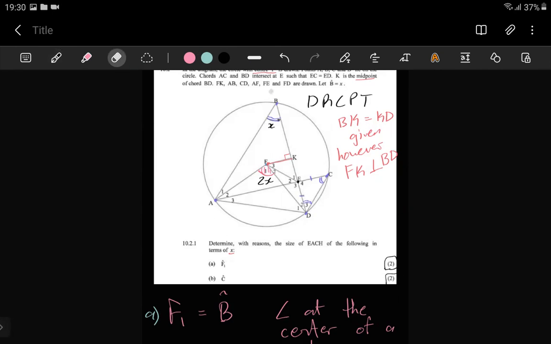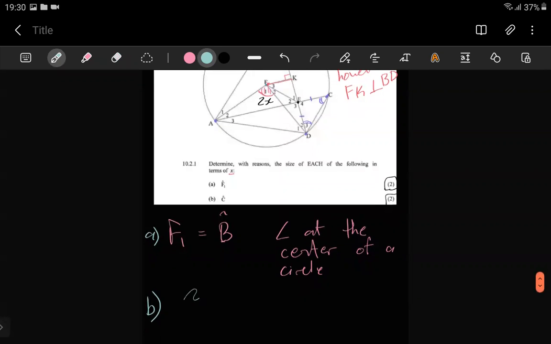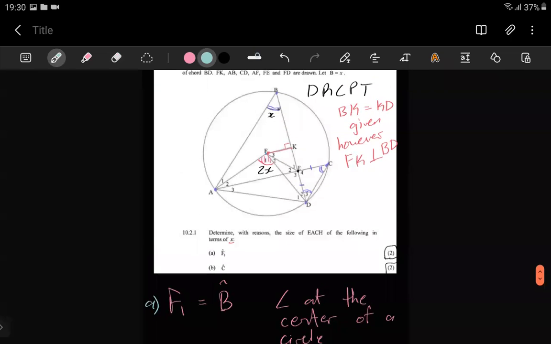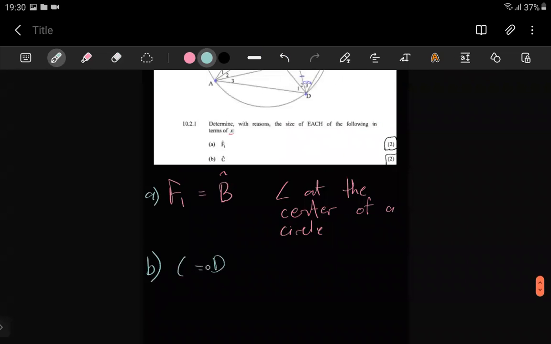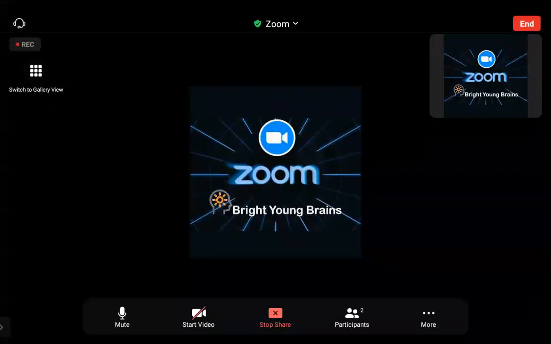All that time we spent in the description, so we can bank that time when we are at those questions. So C here, we can see that C is equal to B, which is also then making it equal to X. The reason there is just going to be angles in the same segment. There you go. So with that being said, we can move on to the next questions. I don't want to make this too long because it's